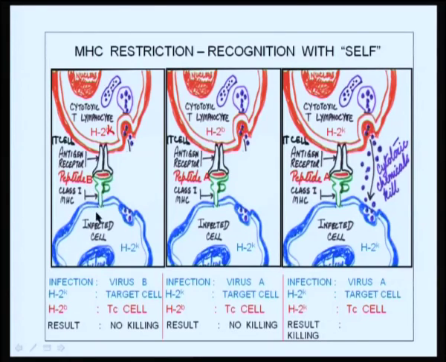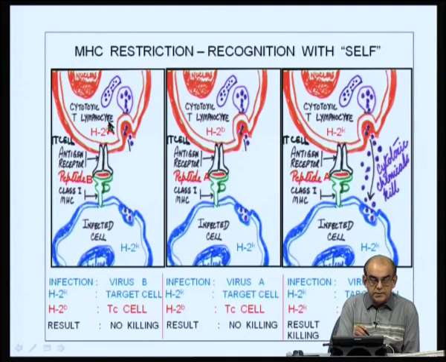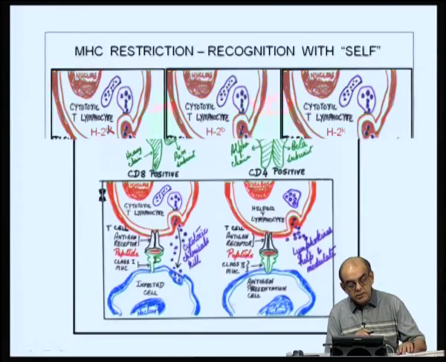So, let us see what is the nature of the T cell receptor that is recognizing this entire complex. Here is an example that I have depicted using CTL, and therefore, recognizes an MHC class 1 molecule, and the MHC class 1 molecule is recognized by CD8 positive T cells, and this MHC class 1 molecule is different from